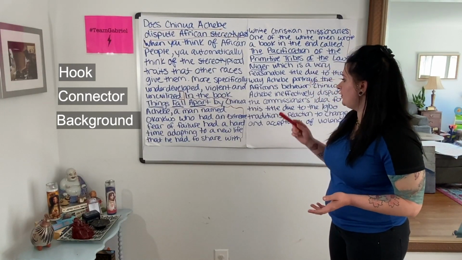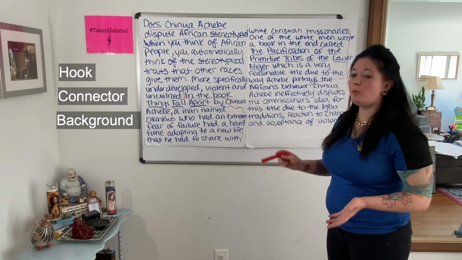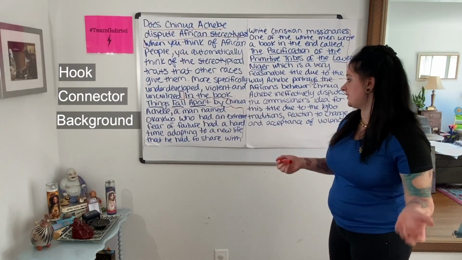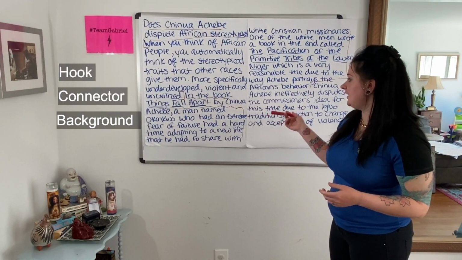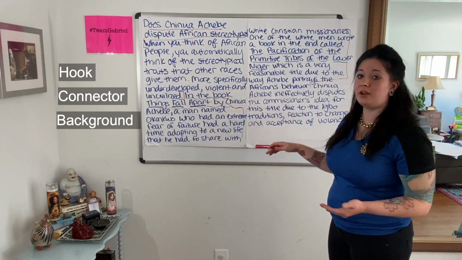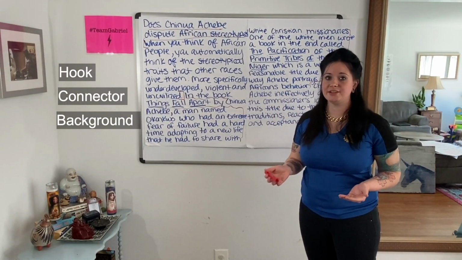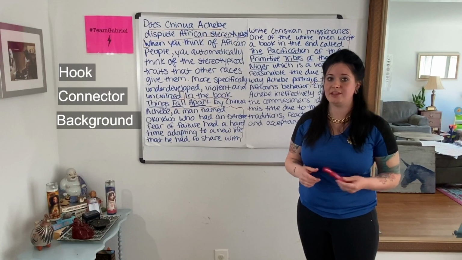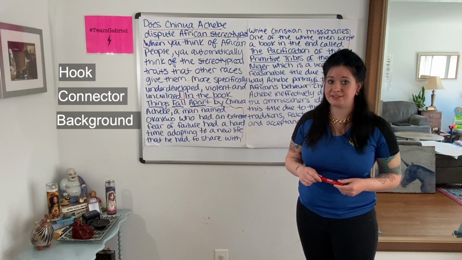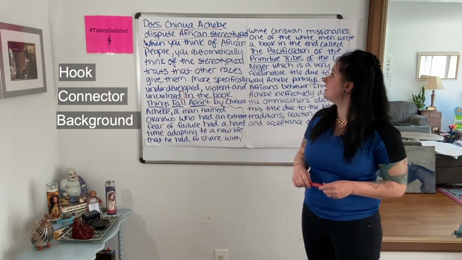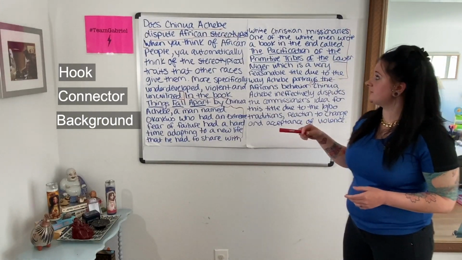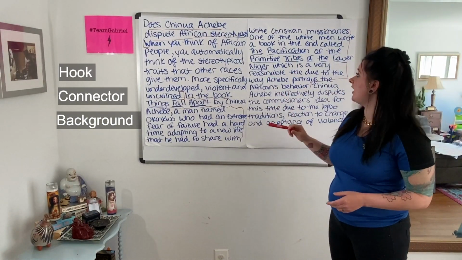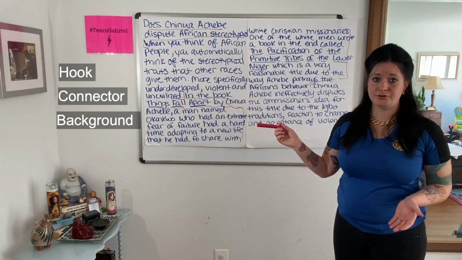So she goes over who the main character is, but what she tells us about him is very specific. His fear of failure and his hard time adapting to his new life with the Christian missionaries is going to be really essential for her to mention in the intro, since she's going to give specific details about it in the body paragraphs. So after she gives her hook, her connector, her background, it's time for her to give her